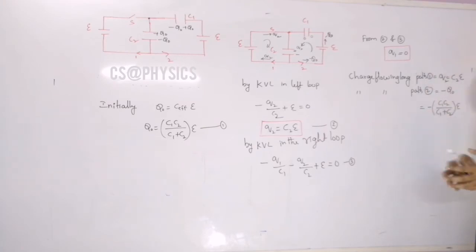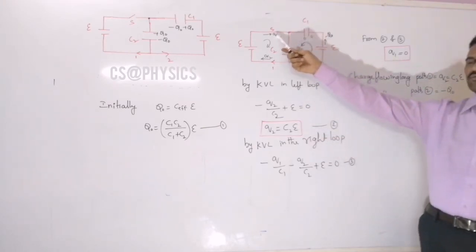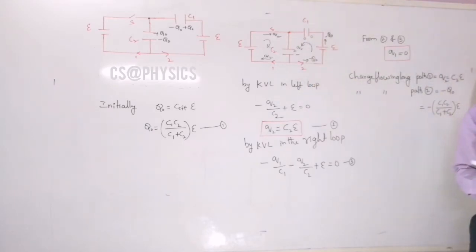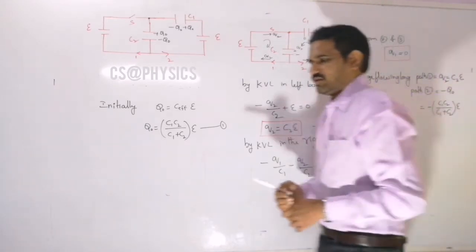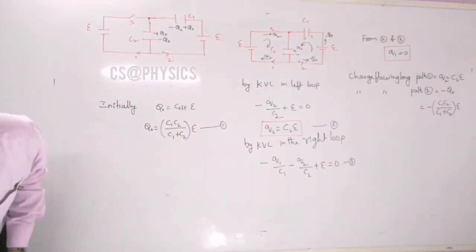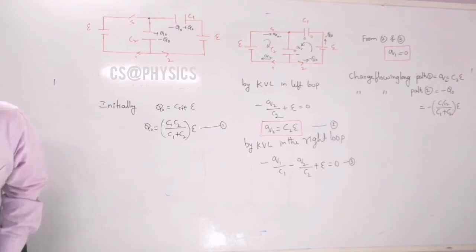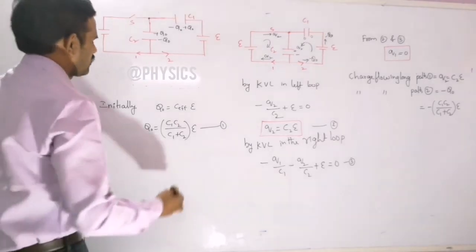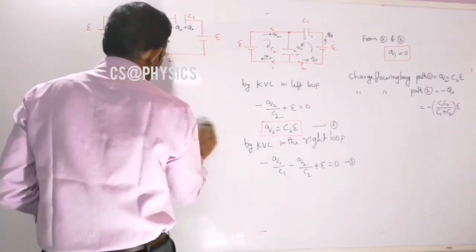In this, if they are asking the charge flowing through the switch, that is nothing but Q2 here, which we discussed already. Charge flowing through the switch is nothing but Q2 we need to write there, right? So it is the charge flowing along these different directions here. Now I will give one more numerical example based on this. You can solve that problem by giving the directions.